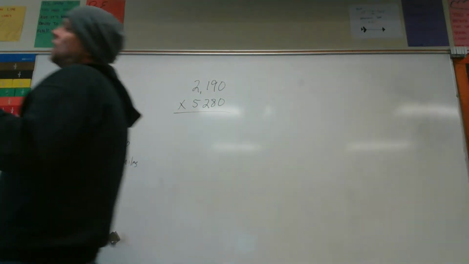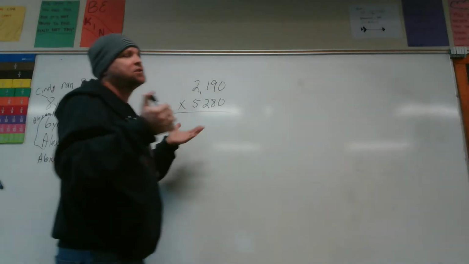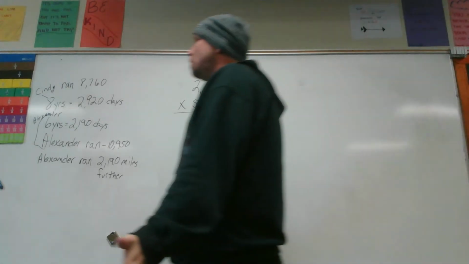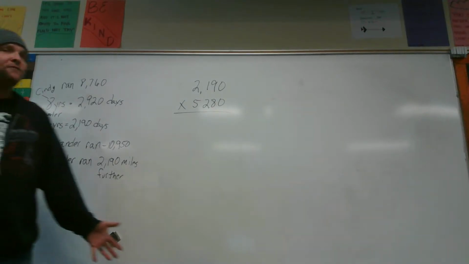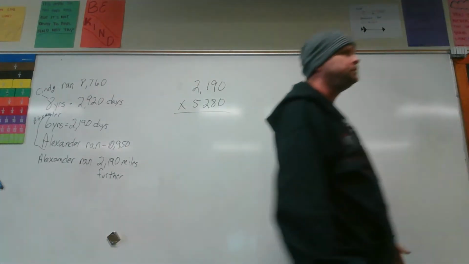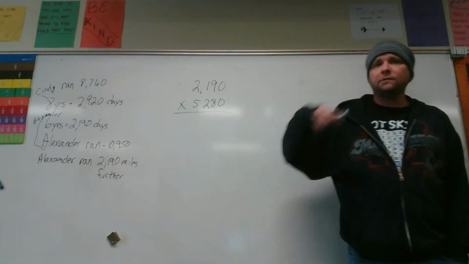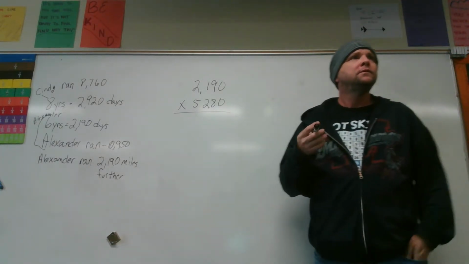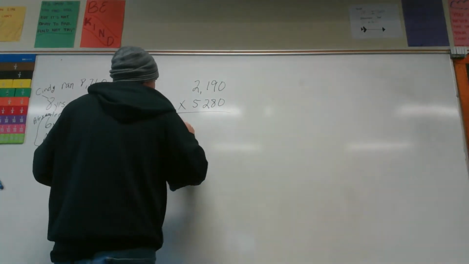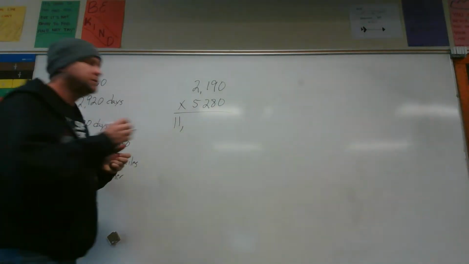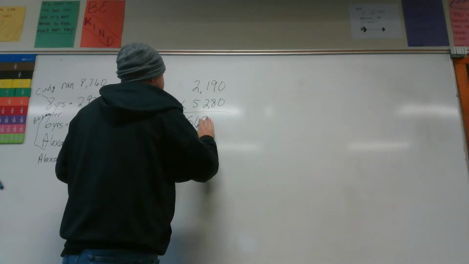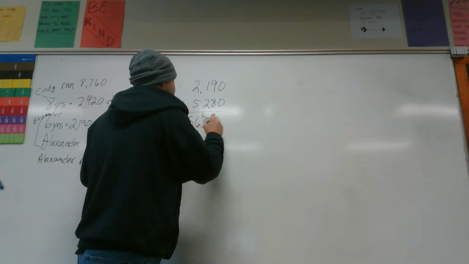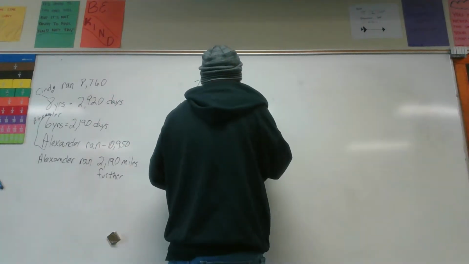I know you haven't been required to multiply by numbers this big. That's why I gave you the opportunity on day 2 to use a calculator. So 2,190 multiplied by 5,280. Someone do that on their calculator. Will somebody do it? I'm doing it right now. Oh, wait. Wrong numbers. It's 11 million. I have 11,563,200. Yeah.